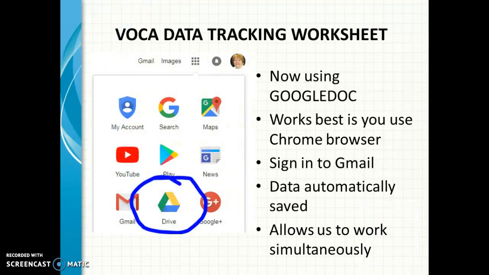So this whole training is about the VOCA data tracking worksheet. As you know, we're using a Google document now. You can access that in Gmail. It's best accessed in Chrome as your browser because it just works really well. You see what's circled there where it says Google Drive. That's what you want to click on. And if you're signed into your email and using Chrome, I think you probably won't have any problem entering your